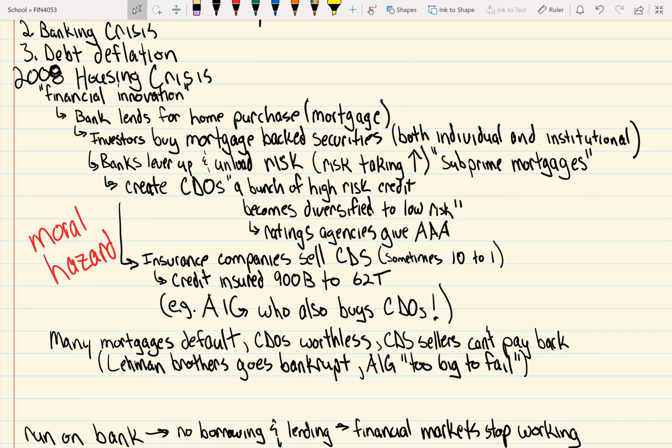So, of course, as you all know, the idea behind all of this was that real estate or mortgage prices throughout history have only gone up. They've never gone down. But of course, they went down sharply around 2007, 2008. And many of these mortgages, because a lot of them were subprime, and they knew they were essentially not going to be able to pay them, many lenders defaulted, which rendered the CDOs completely worthless. And like I said, the sellers of the credit default swaps could not pay them back.